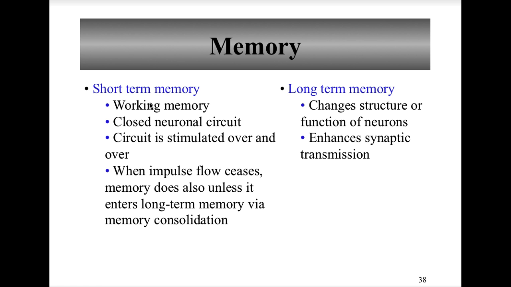Memory is the consequence of learning, whereas learning is an acquisition of new knowledge. Memory is the persistence of that learning with the ability to access it at a later time. There are two types of memory: short-term and long-term memory. Short-term memory is your working memory, which allows you to function. It uses closed neuronal circuits, and the circuit is stimulated over and over. When the impulse flow ceases, memory does too,